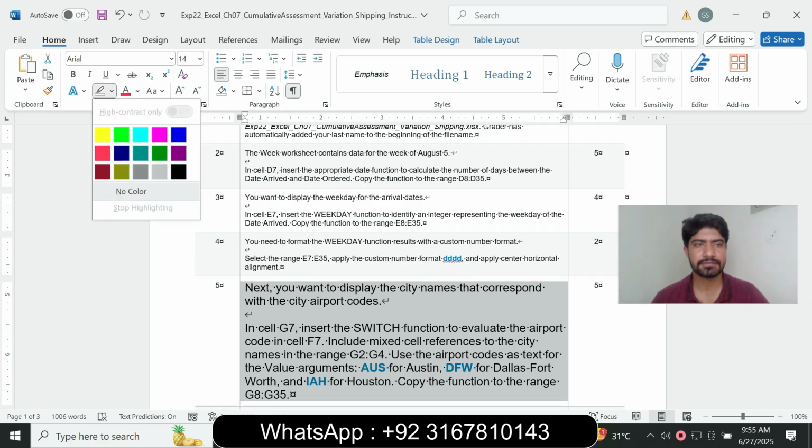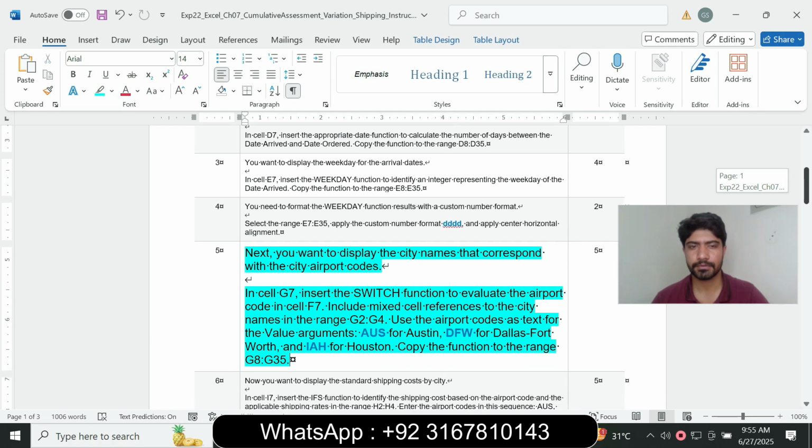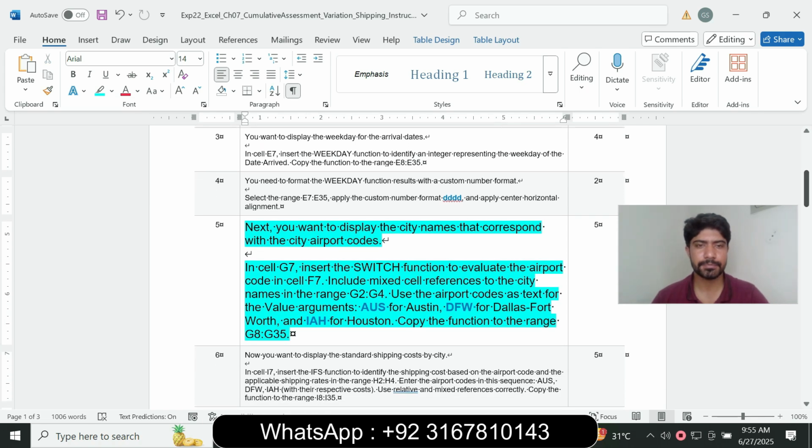So question number 5 is: next, you want to display the city name that corresponds with the city's airport code in cell G7. Insert the SWITCH function to evaluate the airport code in cell F7. Include a mixed reference to the city name in the range G2 to G4, and use the airport code as the text for the value arguments: AUS, DFW, and IAH for Austin, Dallas Fort Worth, and Houston, and copy the function to the range G8 to G35. So select G7,